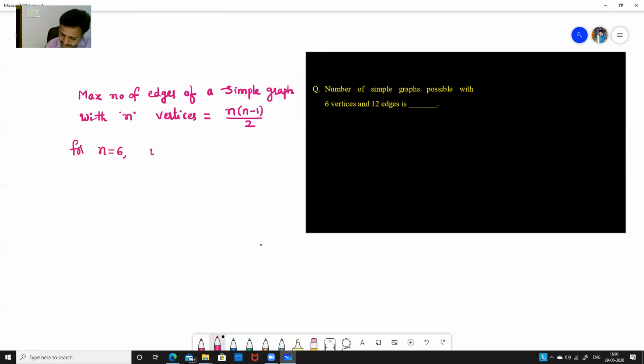we have 6 into 6 minus 1 by 2, which is equal to 15 edges. Right? So max number of edges possible is 15 with 6 vertices. But how many edges are they expecting? They're expecting only a 12 edges graph. Means out of 15 edges, we had to choose only 12 edges. Okay. Therefore, number of simple graphs